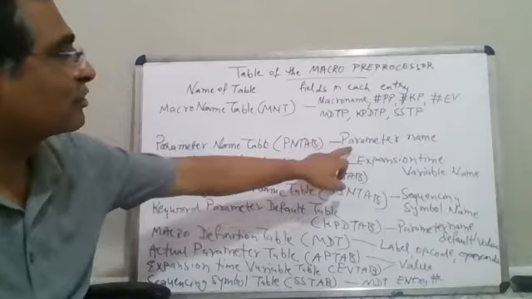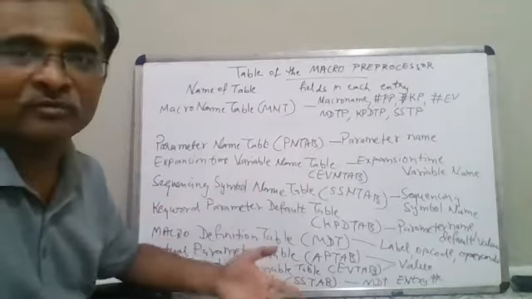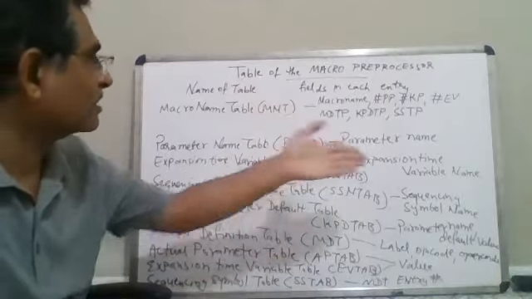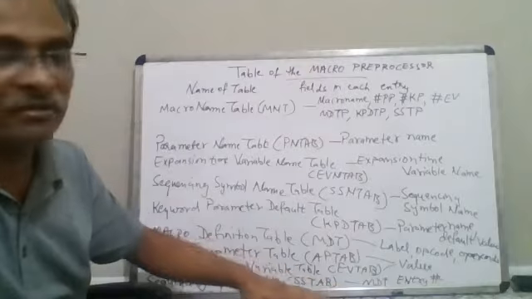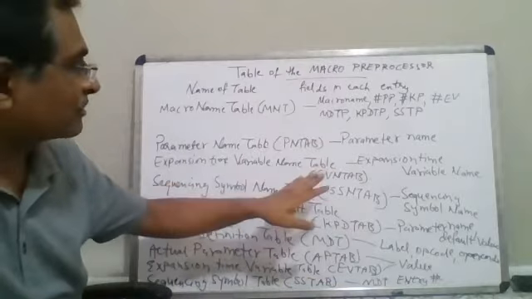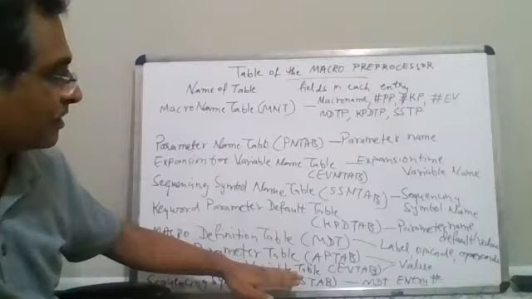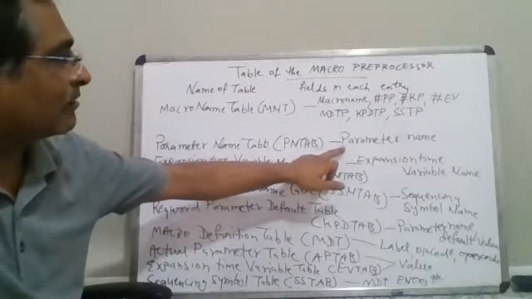Parameter name table will store the parameter name, just the names, right? Index will always start from 0, but given some situation, you may have some other number. But let us not go into those details. Assume that all the index pointers will have some numbers associated with them. And then for every parameter, there will be an actual parameter table where no mapping would be done. So in the parameter name table, there will be the parameter name.